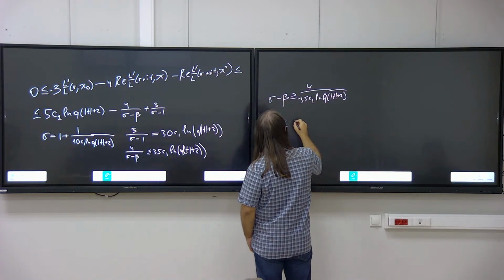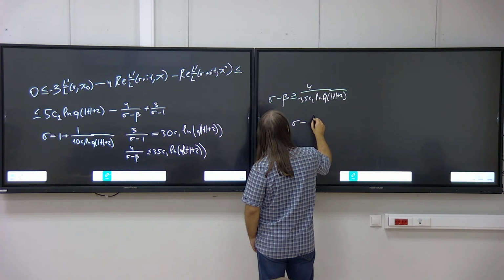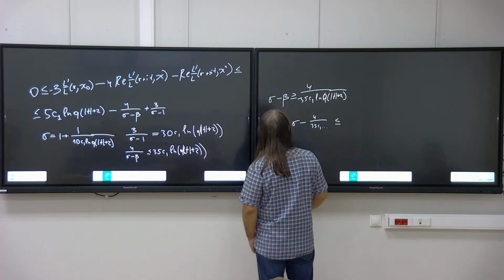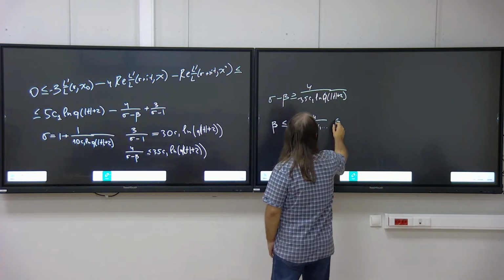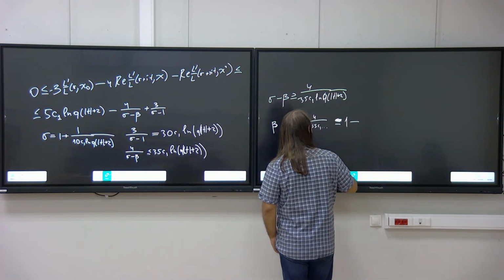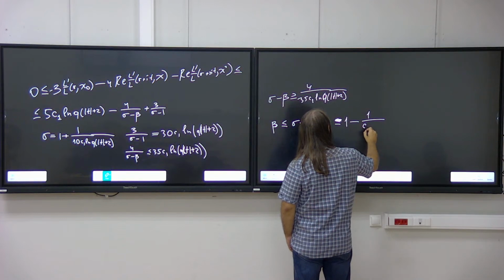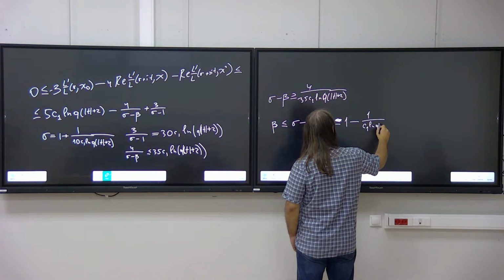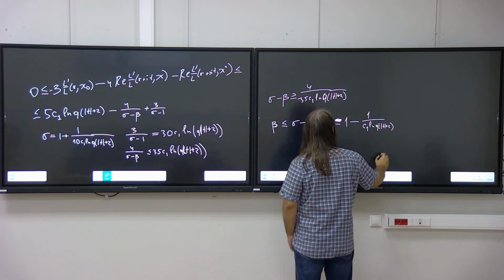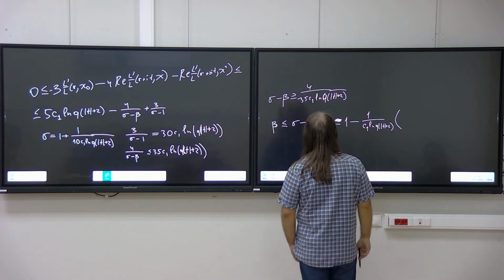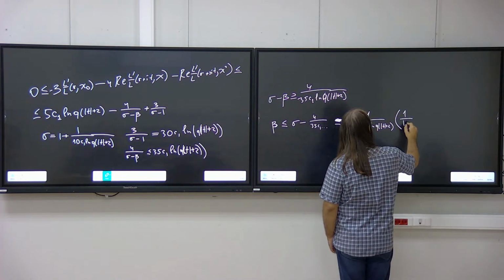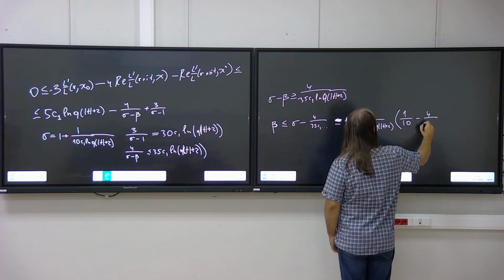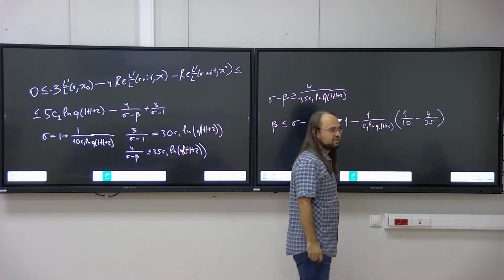So beta is at most sigma minus 4 over 35 and so on, which is equal to 1 minus 1 over C1 logarithm Q absolute value of t plus 2, and then you get 1/10 minus 4/35, which is